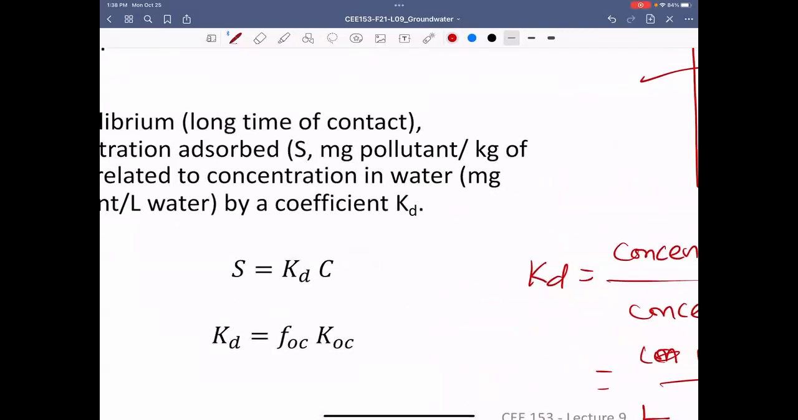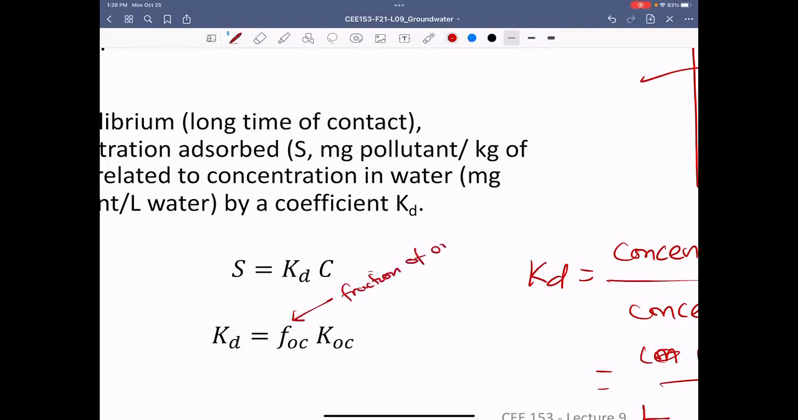So what does Kd mean? It means how sticky a substance is, how sticky a contaminant is. A lot of organic pollutants are not really binding with all the soil. They're only binding to the organic carbon in the soil. So if you know how much organic carbon there is, you can actually calculate the Kd value. So this FOC is the